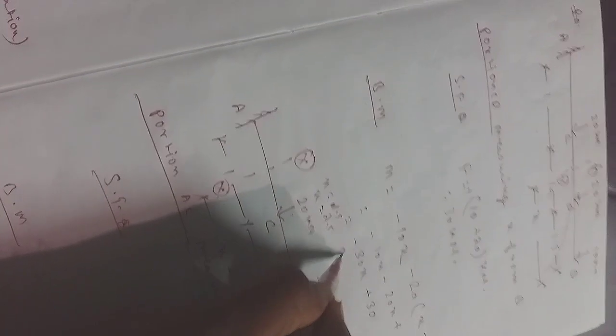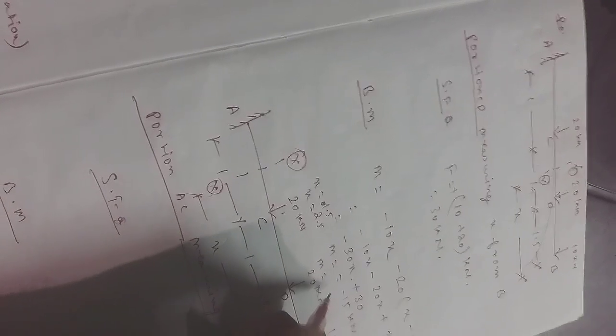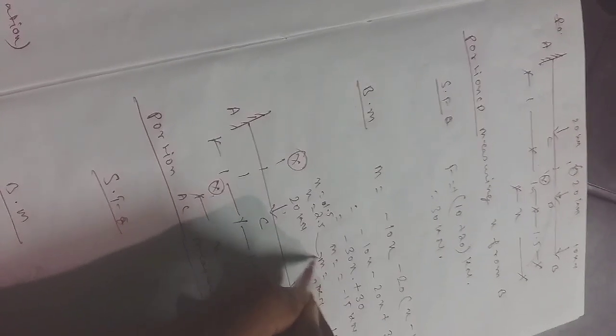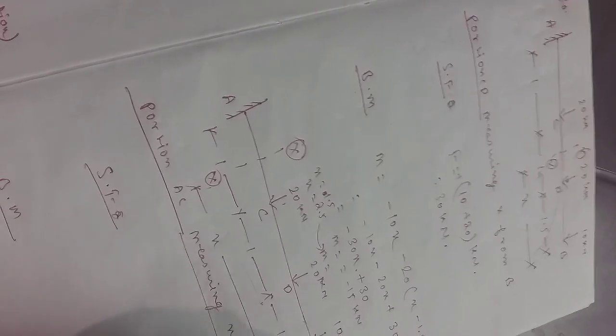So at x equal to 1.5 bending moment, it will be how much? It will be minus 15 kilonewton meter. If you put the value here, and at x equal to 2.5, what will be the bending moment here? If you put the value, you will get at x equal to 2.5, it is minus 45 kilonewton meter. Sorry, unit will be kilonewton meter. So there also I made a mistake, kilonewton meter it will be.